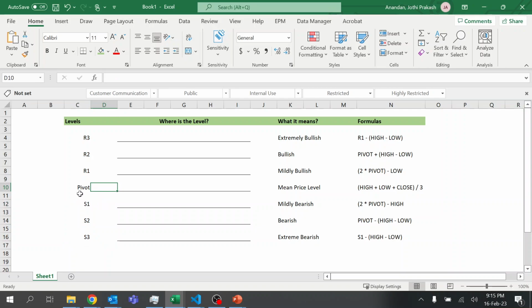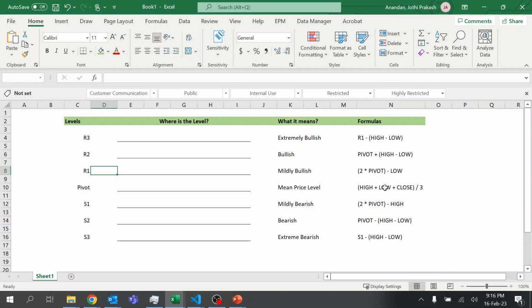When the price is moving from its pivot level to R1, which is the resistance level 1, it means that it is mildly bullish. If it is moving to R2, which is resistance level 2, it is really bullish. And if it is breaching R3, which is resistance level 3, it is extremely bullish. So now we know what all the levels are, and what it means whenever a level is breached in the CPR indicator. Now let's go into the